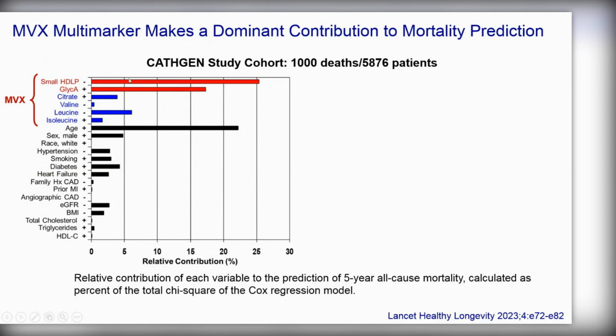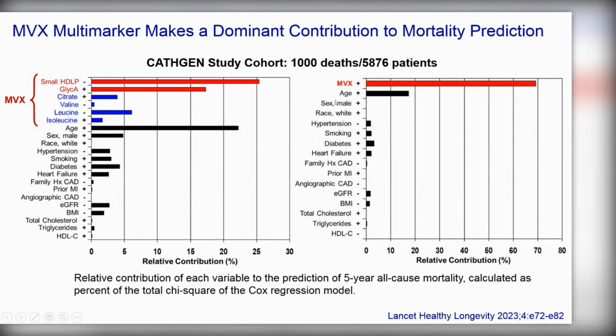And when you brew these together into the MVX score, you have a score that contributes about 70% of the overall prediction of the model. That includes age and all sorts of other things that one would imagine are quite important predictors of mortality, like whether the patients have heart failure or diabetes or hypertension, et cetera. So this is really quite remarkable in terms of how dominant its prediction is of mortality, something that really was